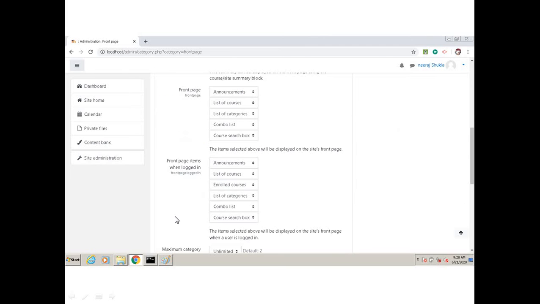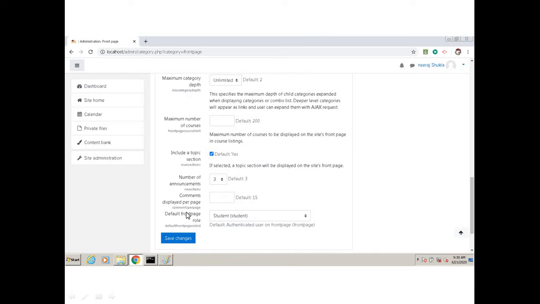Then if you scroll down, whatever you want to see, you can see in the front page. When you are not logged on, you can see this, and if you are logged on, you can see this. I have kept both things the same, but you can change it also.